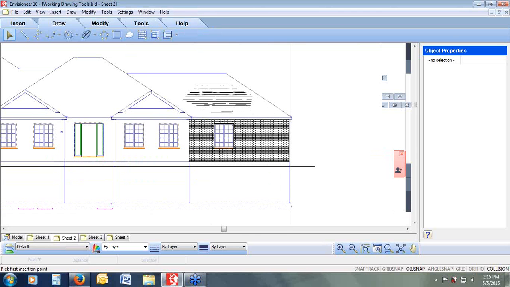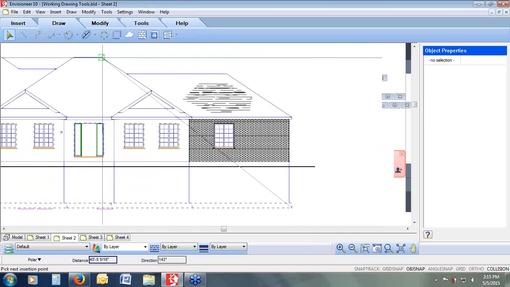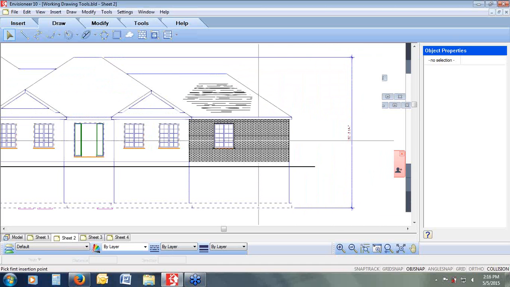I'm going to put a dimension, left-click on the bottom edge of our footing, left-click, move my cursor up to the top of the roof edge, left-click, so it knows I want a distance between those 2 points. A dimension attaches itself to my cursor, and I simply left-click where I want it to place itself on my sheet. Now that I have it in there, I can left-click on it,